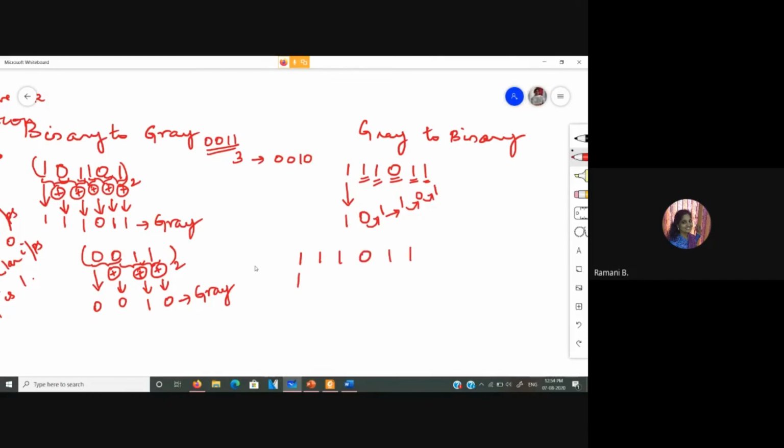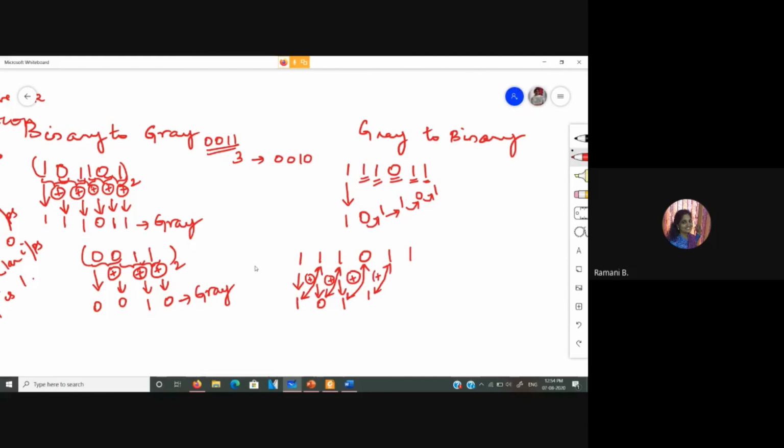So the first bit is written as it is. Next you can say the same thing actually. You can say this is XOR and you get the output. Then this is XOR and you get the output to be 1. This is XOR and you get the output to be 1.